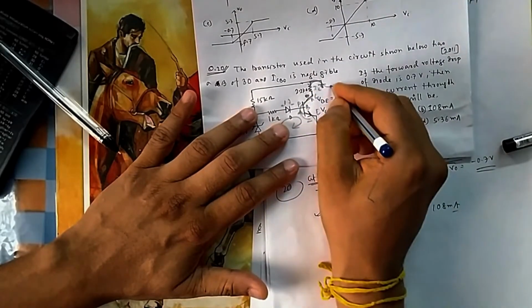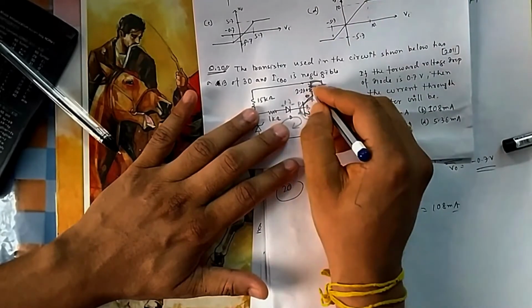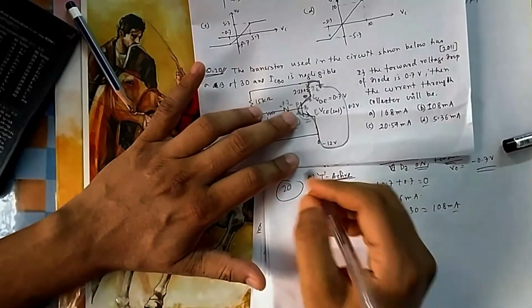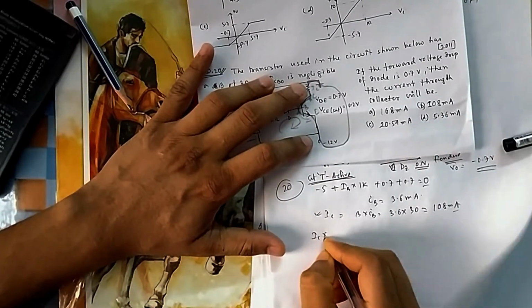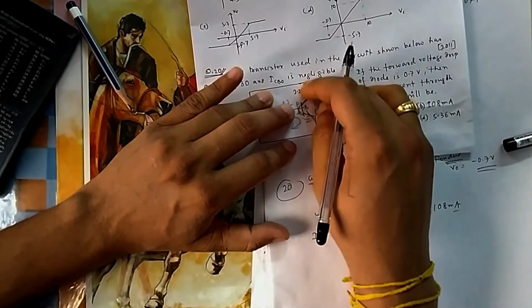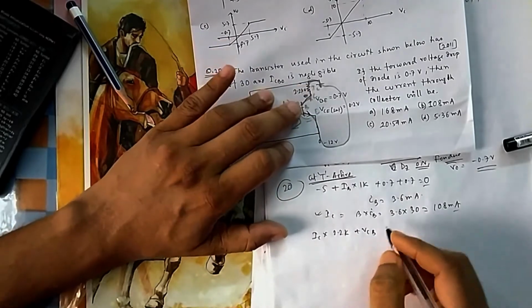This is grounded, means ultimately it will go to ground. So you can see the path. I know this voltage, I know this drop, I know this voltage, only this junction is unknown. If I go in this way, I will get IC into 2.2 kilo with a plus sign, because I am moving in this direction and IC is also flowing in this direction. Then I have considered VCB, this is plus, this is minus.